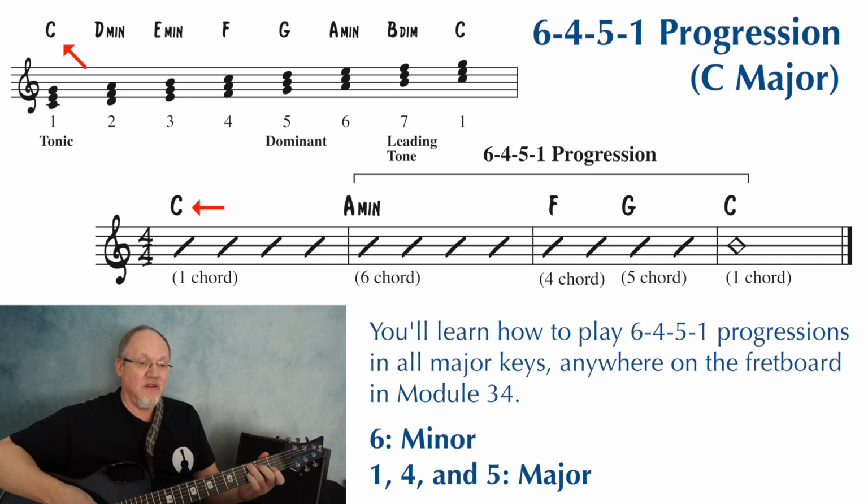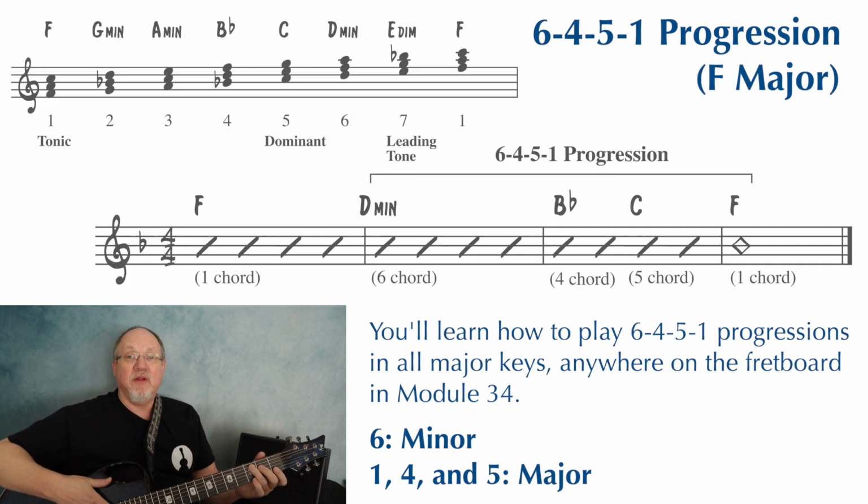A minor is your 6, F is 4, G is 5, and 1 is your C. 6, 4, 5, 1. To play a 6-4-5-1 in the key of F major, you would play a D minor